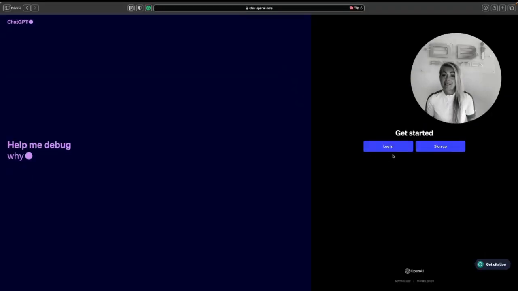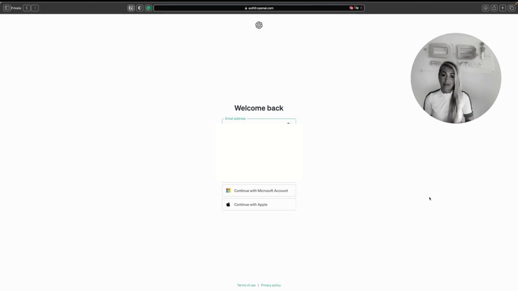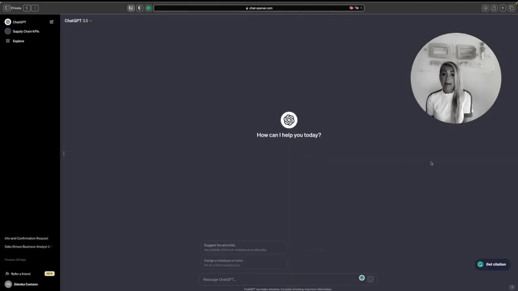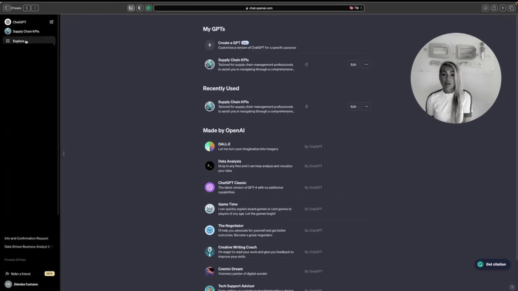Okay, now let's get into building our very first highly specialized GPT. The first step is we need to go, of course, to chat.openai.com, which is the ChatGPT website. And there are a couple of ways how you can access the GPTs. So one, you can either click on Explore, or the second way is by clicking your name and picking the My GPTs option. Both options will get you to the same page